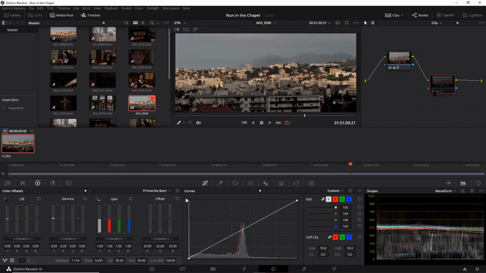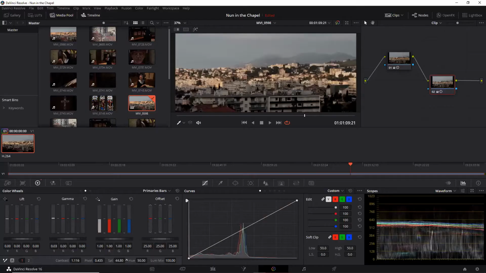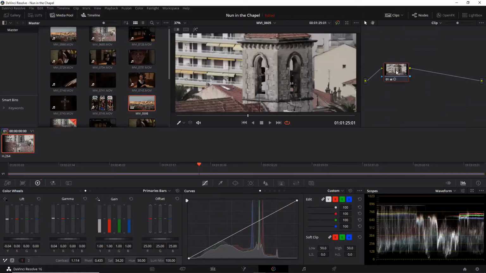Then I can either decide whether I want to live with that sort of more washed out look, or if I want to keep a little bit of that colour in. So I might actually keep that saturation up because it is sunset. So we want a bit of colour in there. So we'll move on to the next shot, which is our church